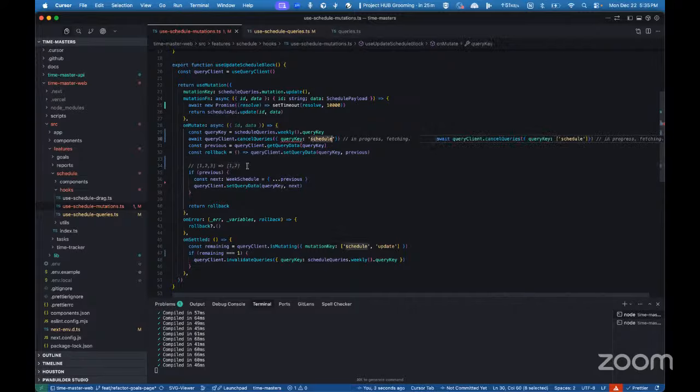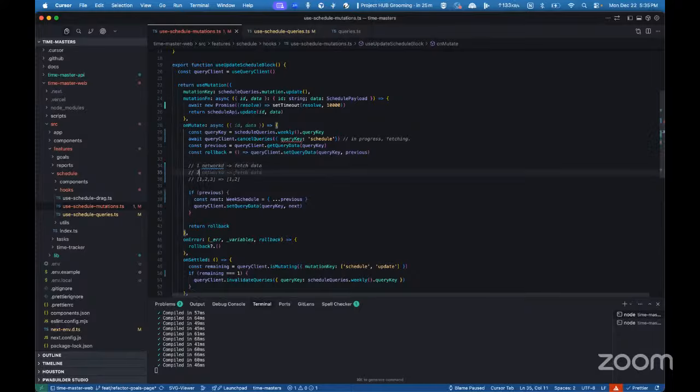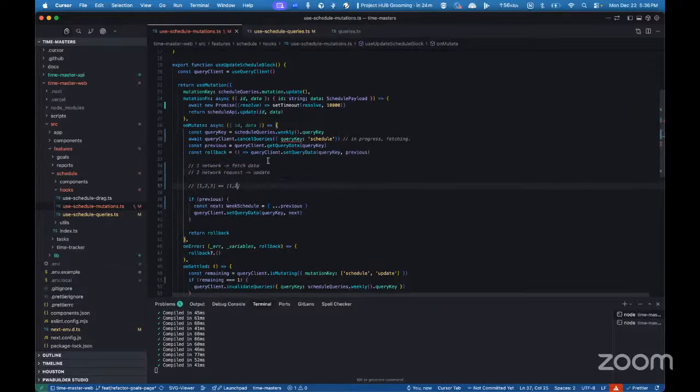अगर हमने बैकएंड से दोबारा डाटा फेच कर लिया है, अब लेट्स से हमारी एक नेटवर्क रिक्वेस्ट थी, वन नेटवर्क रिक्वेस्ट इज fetch data, and then two network request is update। अब एक ऐसा केस हो गया कि जब हमने ये अपडेट और ऑन म्यूटेट कॉल की, हमारी इनवैलिडेट हुई थी, या कैश स्टेल थी, या कुछ भी था, उसकी वजह से ये फेच वाली नेटवर्क रिक्वेस्ट पहले से प्रोग्रेस में थी। फिर हमने अपडेट वाली नेटवर्क रिक्वेस्ट की, अब हमारे पास ये दो नेटवर्क रिक्वेस्ट इन प्रोग्रेस हो गईं। और फिर हमने अपनी कैश को मैनुअली 1 2 3 को 1 2 कर दिया।